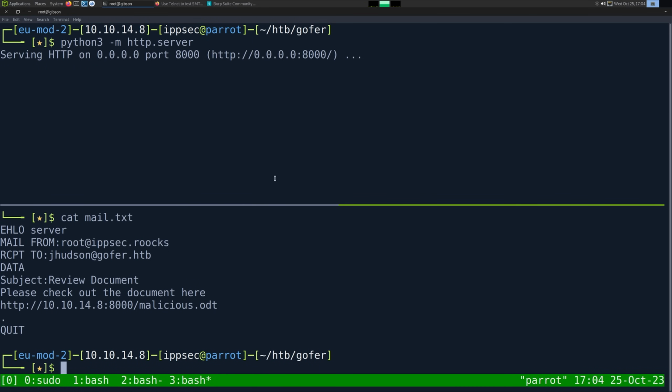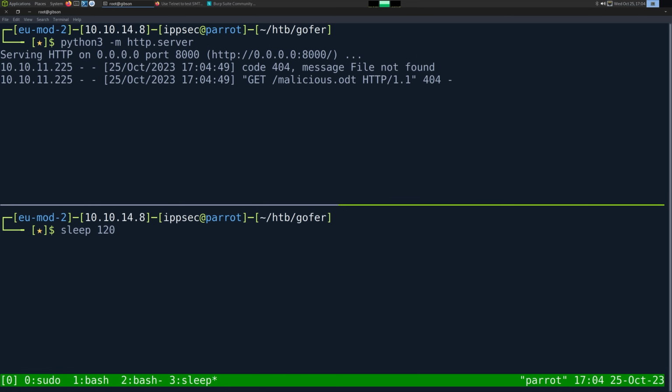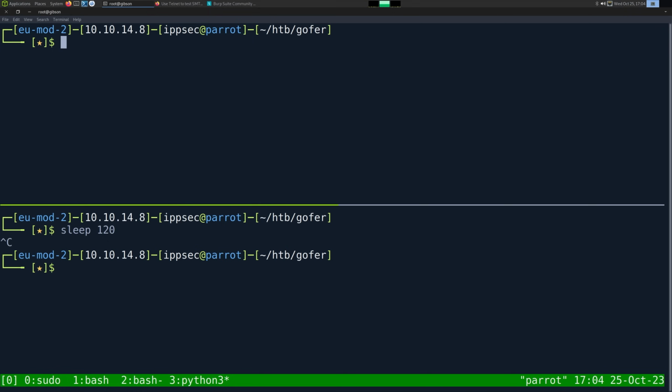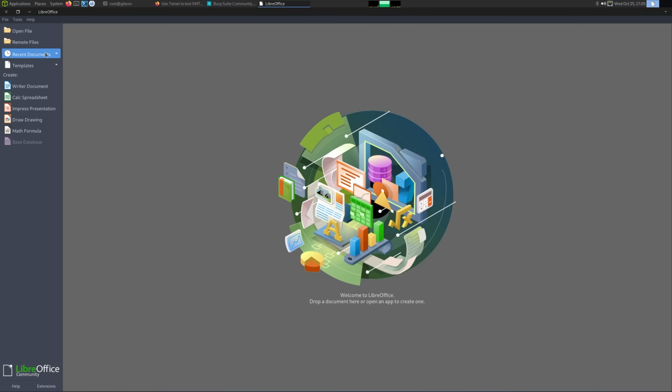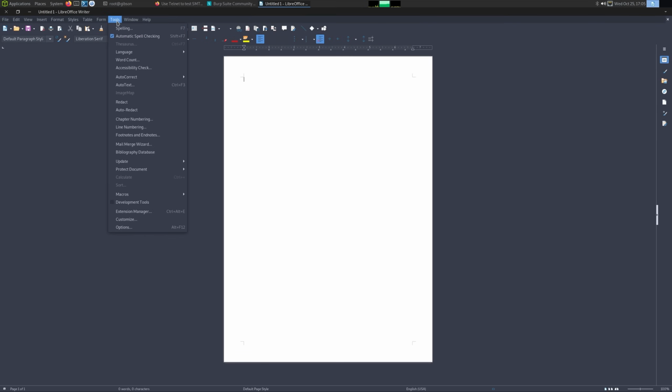So now that we've sent that, we should just wait. And I'm going to just wait 2 minutes and, oh, I don't even have to. So we see the server making a GET request to us. So let's now create a LibreOffice document. So let's do file, new, text document, and then tools,